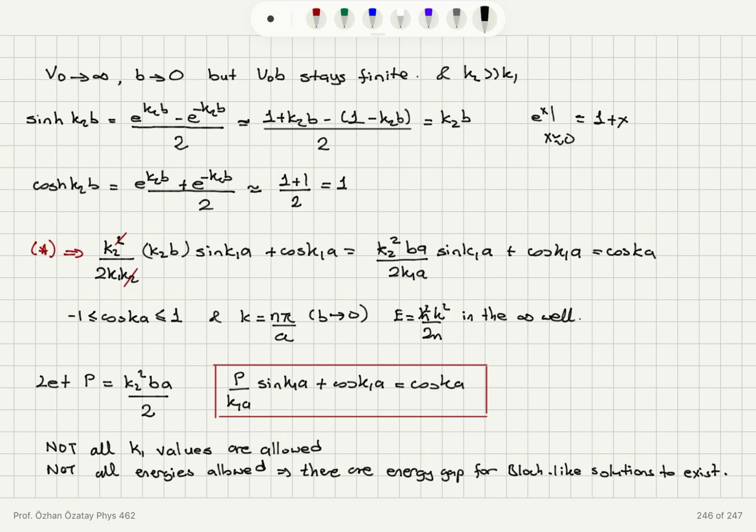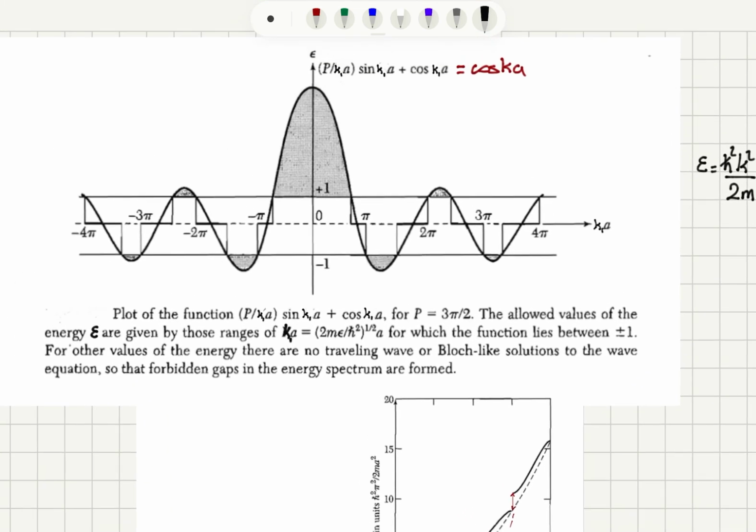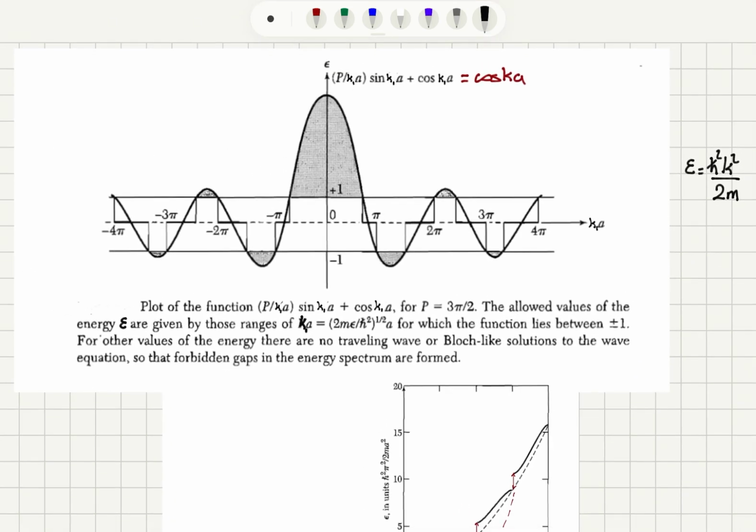There will be energy gaps for Bloch-like solutions to exist. So let's see that. This is the figure from Kittel. If you plot P over K1A sine K1A plus cosine K1A equals cosine Ka, the left hand side is plotted here for P equal to 3 pi over 2, and you can see that there are regions